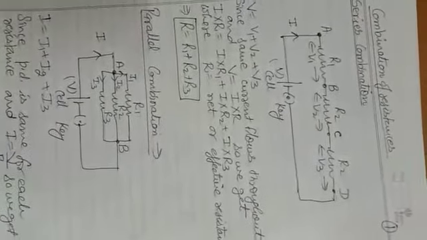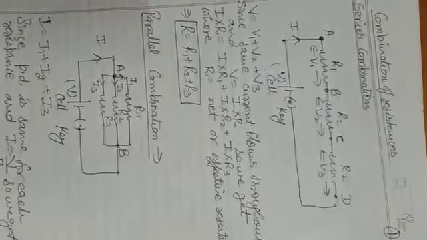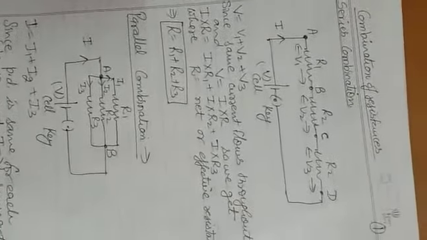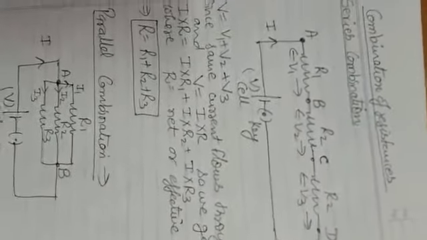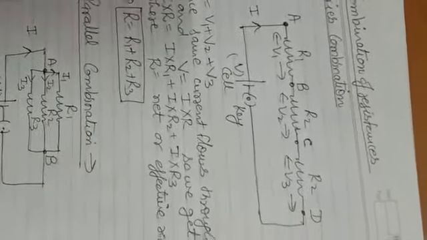How to calculate the resistance of these devices, we will discuss while discussing the heating effect of current, the next part of the chapter. So we can have these devices connected in a number of ways. The two common ways are series combination and parallel combination.